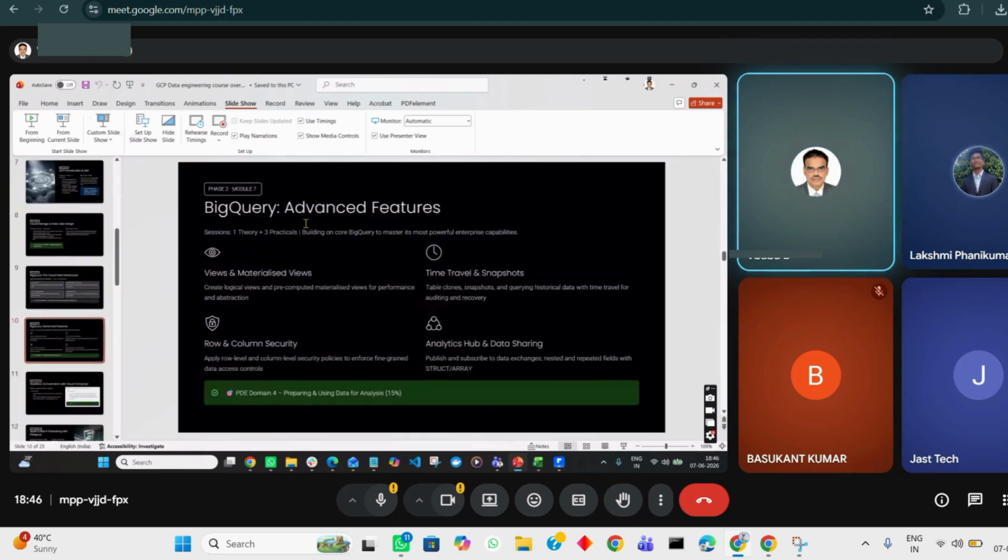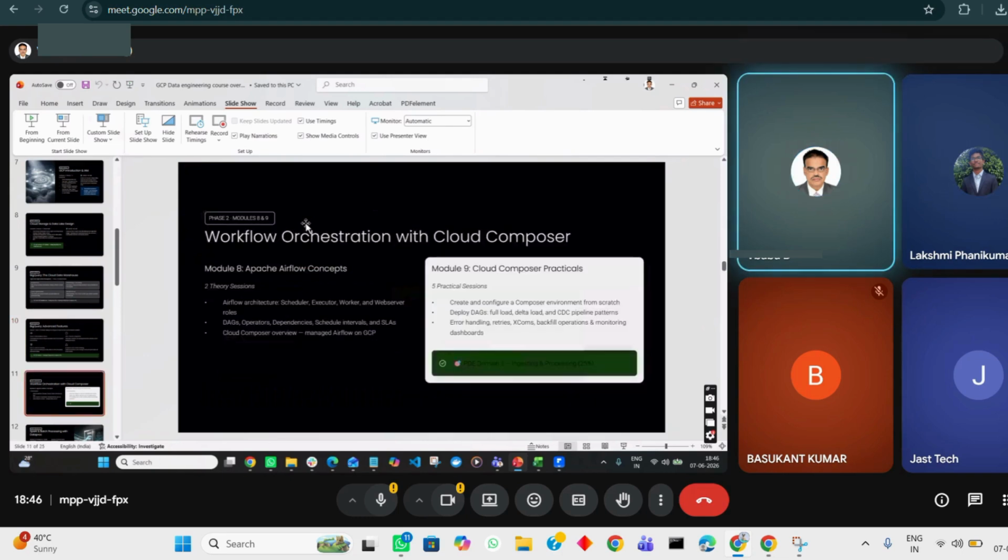In this training program, apart from BigQuery, we also go to some advanced features, where we will have some overlap, like analytical data processing using BigQuery. And workflow orchestration, as I showed you in the modules, where you can orchestrate ETL pipelines or batch processing using Dataflow or Airflow.